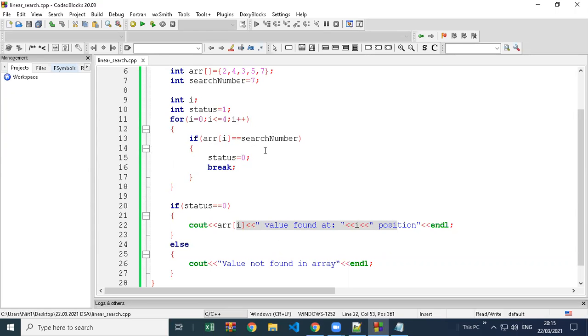You can take any number. You can take 0 there, 1 here. So it becomes our choice. It's not only 1 and 0. You can take 111 also there, and here 000. So if we get 000 it means found, and 111 means not found. So numbers we can take of our own choice, or char values of our choice. A boolean is simple to remember because it has true and false.